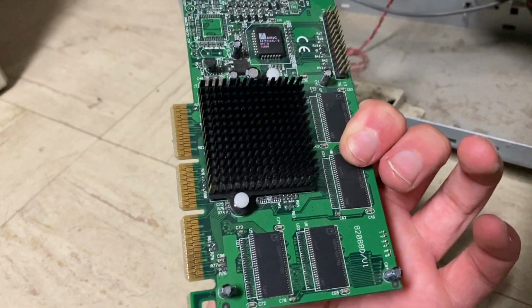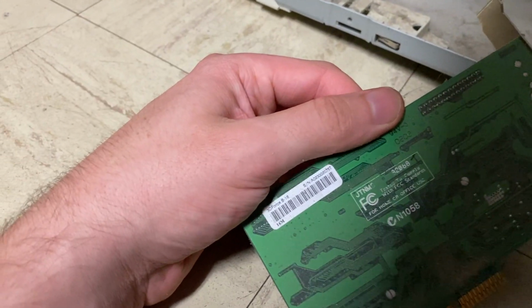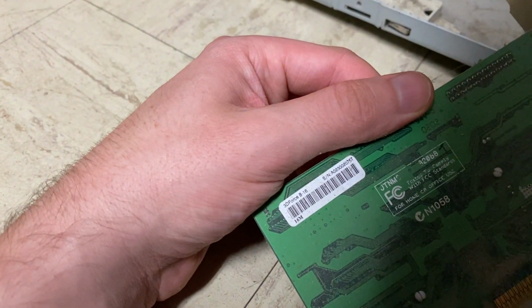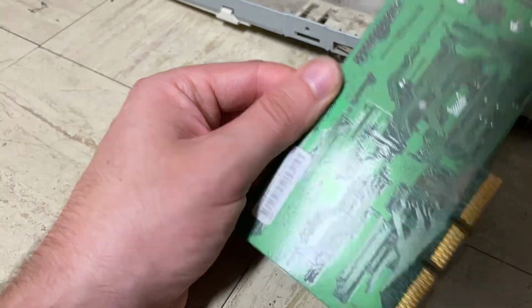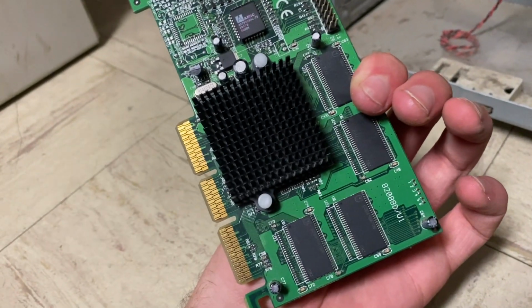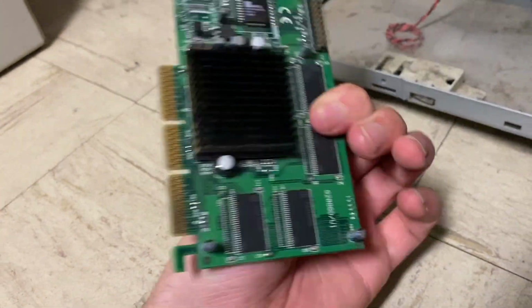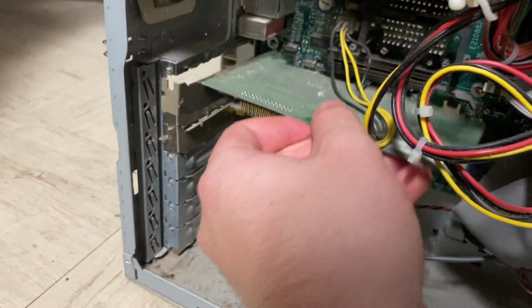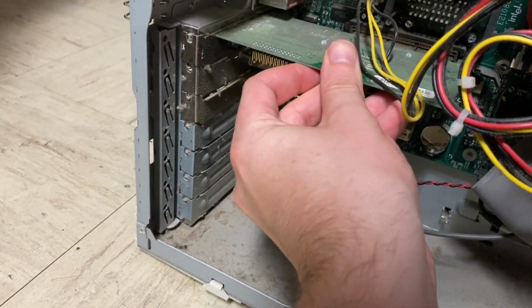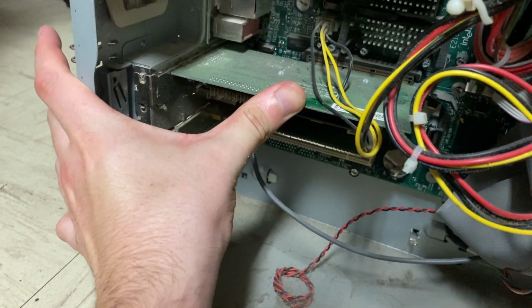Huh. Your guess is as good as mine as to what this is. I have no idea. 3D Force B16. So it's a 16 megabyte display adapter of some kind. Other than that, is it NVIDIA? I have no idea because there's nothing obviously showing other than this thing on the back. So obviously an OEM card is not going to say too much. So we're going to have to look at it further once we boot this thing up,